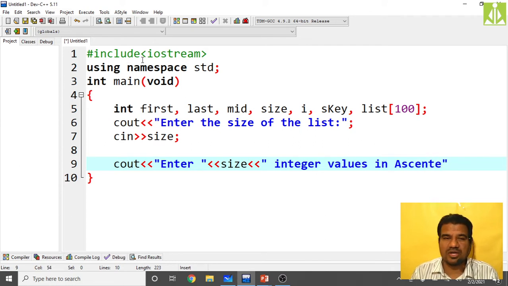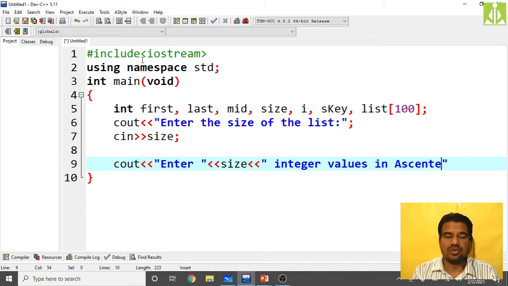We can perform the sorting also, but again the code will become more complex. So as I said, as much as possible try to minimize the code, because in your examination you will not get that much time. So if they ask for binary search, write this code only, that's enough.